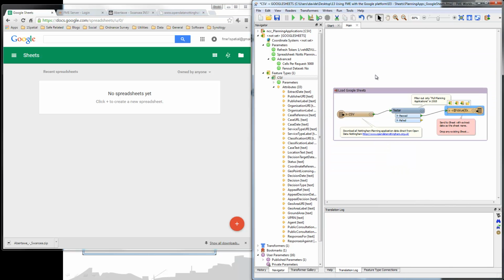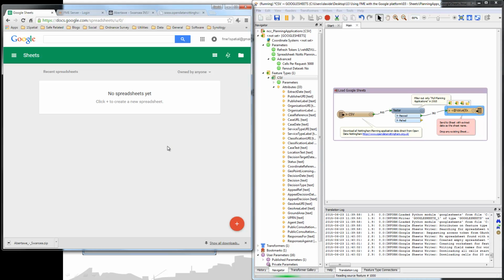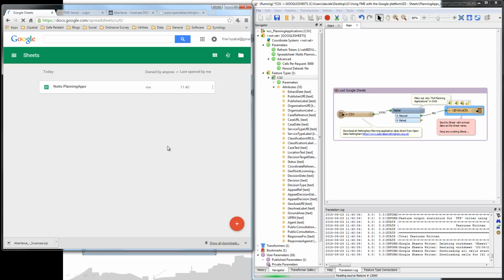And I'm just going to zoom extents and run this process. Now what should happen is that it connects directly to Open Data Nottingham, grabs the data directly from Open Data Nottingham on a URL, and reads the CSV and consumes the data. If I just click over into Google Sheets and F5, you'll see that the planning application Nottingham spreadsheet has appeared,